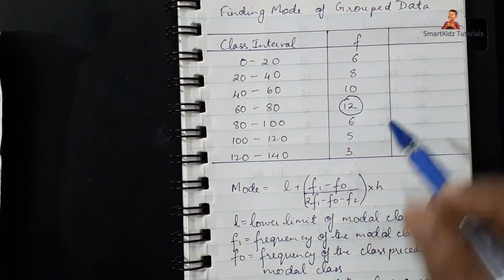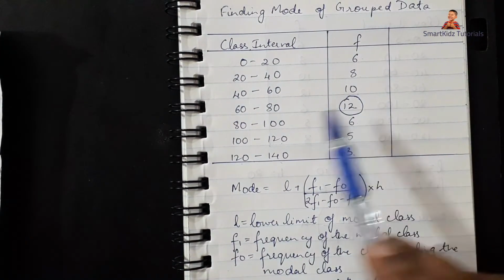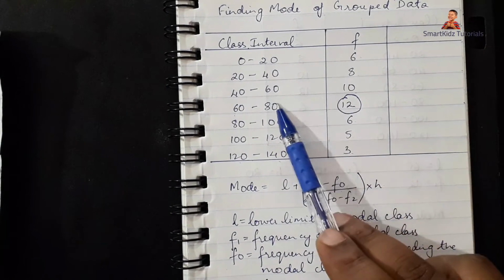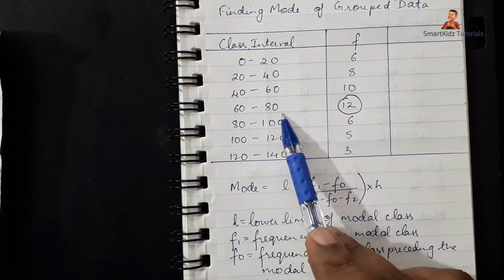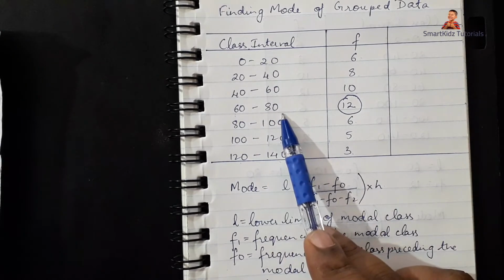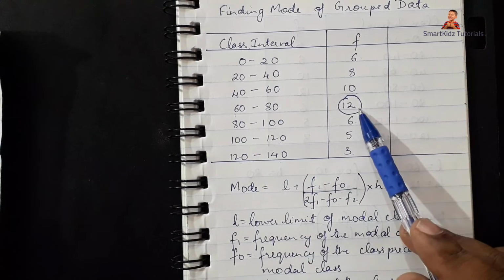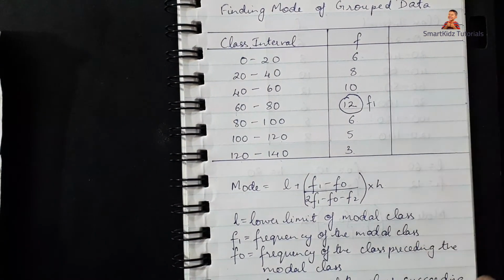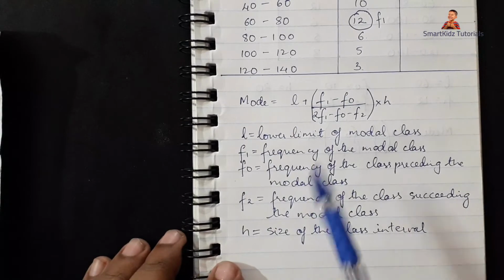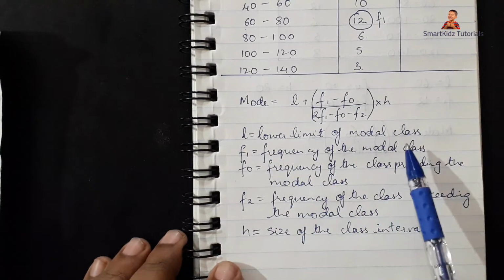The class interval of this frequency becomes the modal class. So this 60 to 80 is our modal class. 12 will then become our F1,